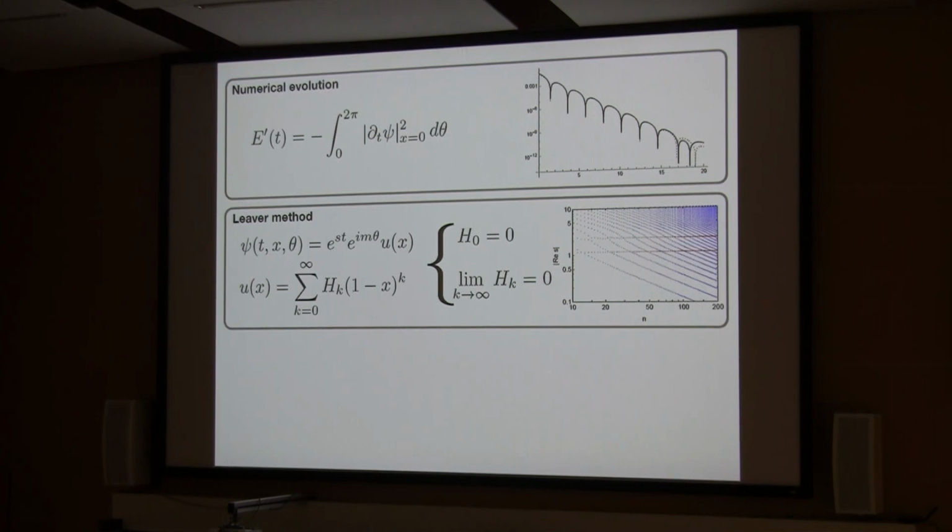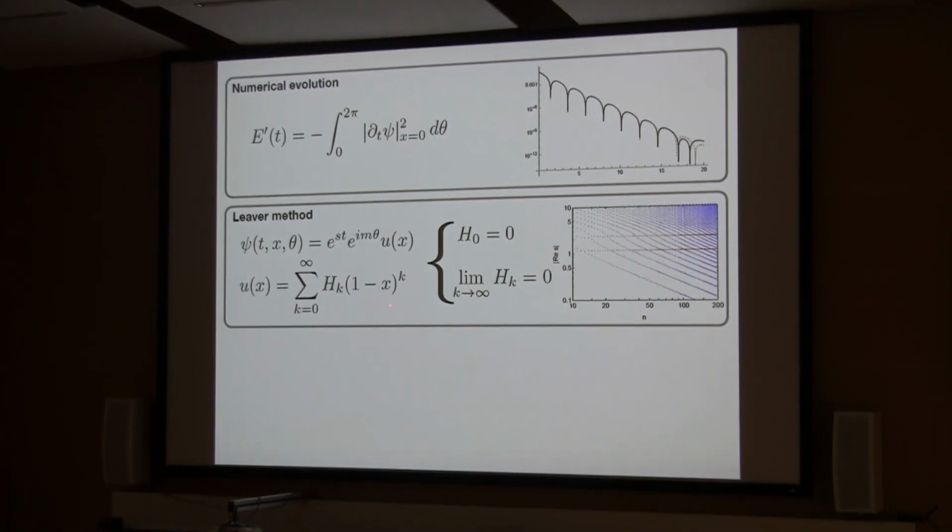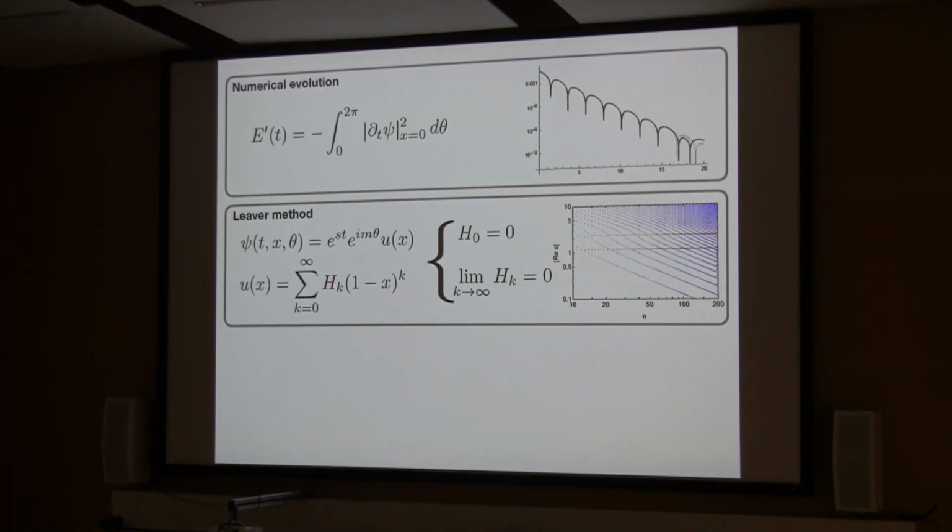Now the question is, for which values of h_k are we able to satisfy the boundary conditions. Since we want to have the boundary condition at x equal to 1, h_0 must be 0, but the mathematical condition is that